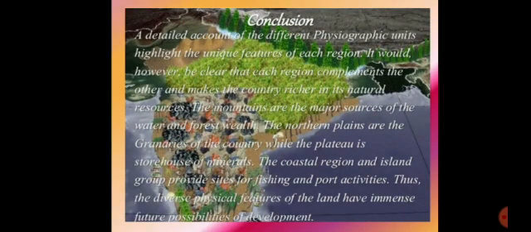The main learning of the chapter is that each physical feature of India has its own importance for the country. Like northern mountains provide us perennial rivers and forest wealth. Northern plains are the granary of the country, while the peninsular plateau is the storehouse of minerals as they provide raw materials for a number of manufacturing industries. The coastal regions and island groups provide sites for tourism and port activities.